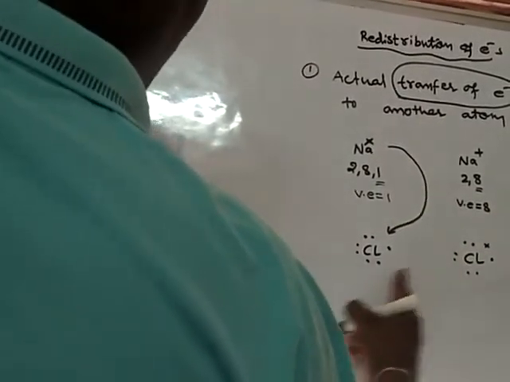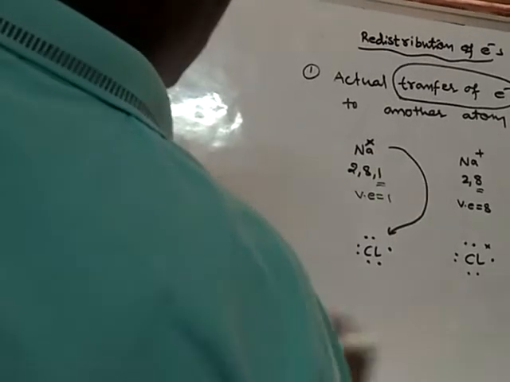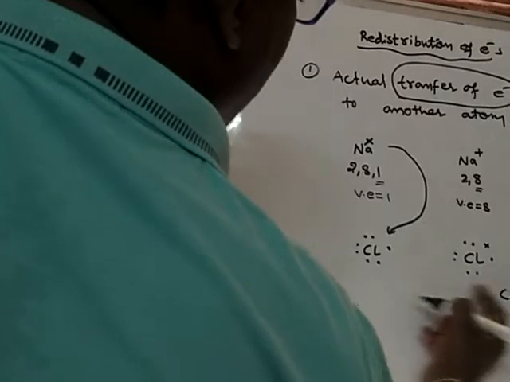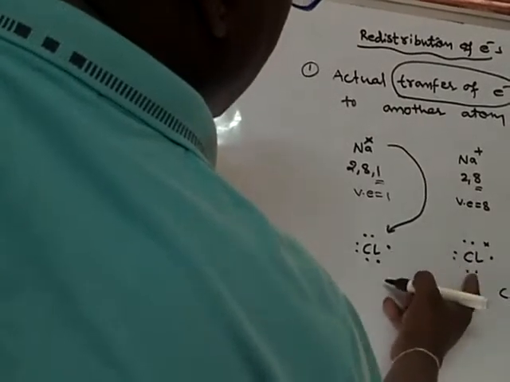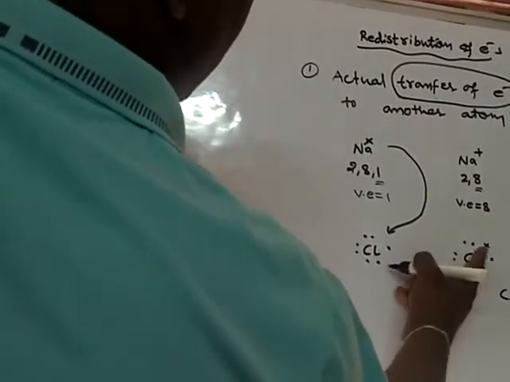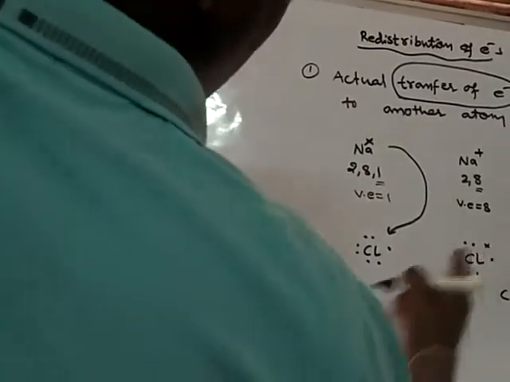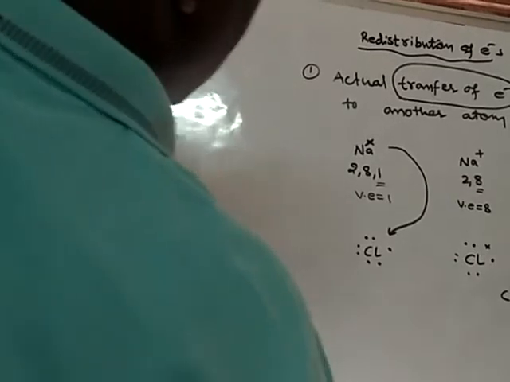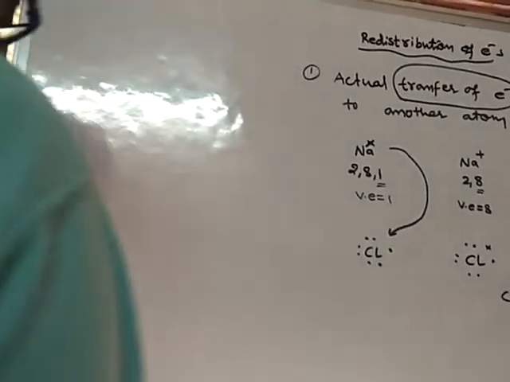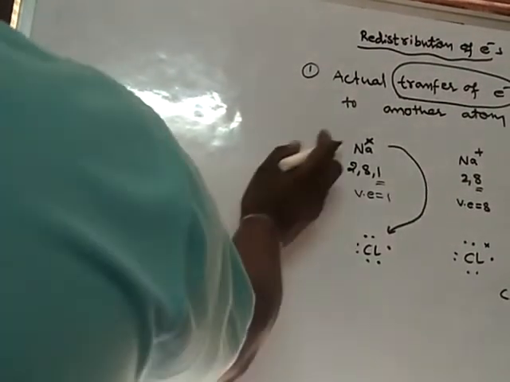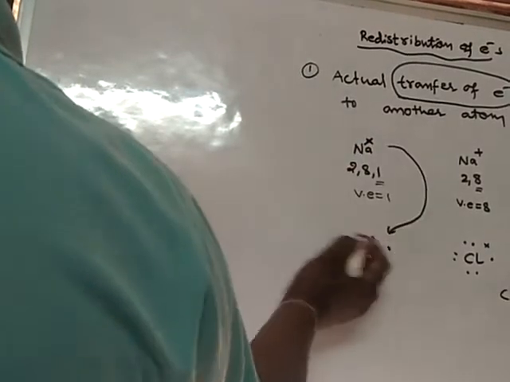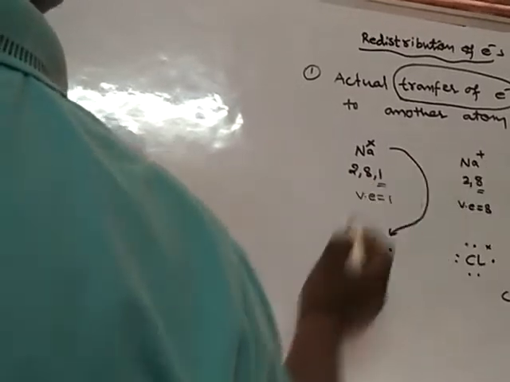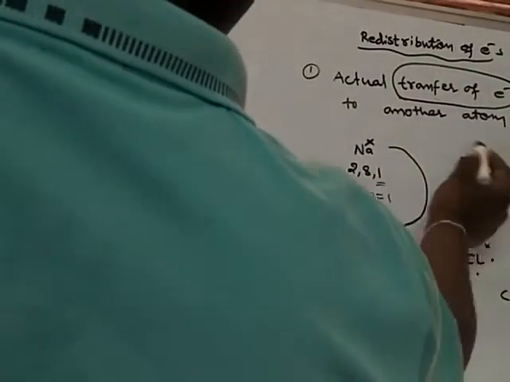Now chlorine has got this Lewis structure. It is called the Cl minus ion. Why minus? Because one electron is in excess. One electron is added to that chlorine, and each electron carries one negative charge, so that is why Cl minus. In this way, one atom is losing an electron and another atom is gaining an electron. After losing the electron, it gets a stable electronic configuration. That means electrons are rearranged.